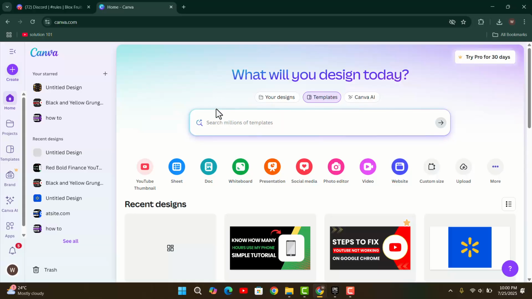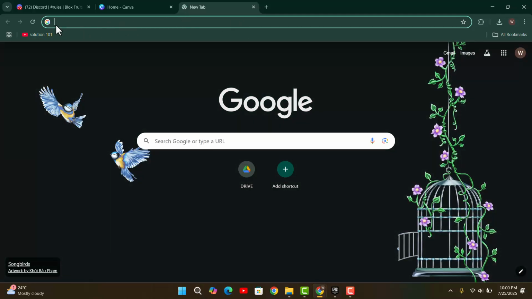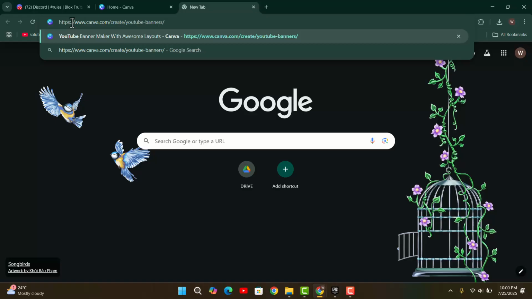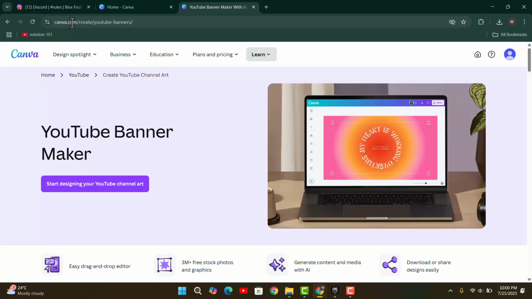And if you don't want to do this lengthy procedure, then I'm going to show you one trick. What you could do is open up a new tab, and next on the web address bar, type in canva.com/create/youtube-banners/. This is going to take you to the official page where you could find the